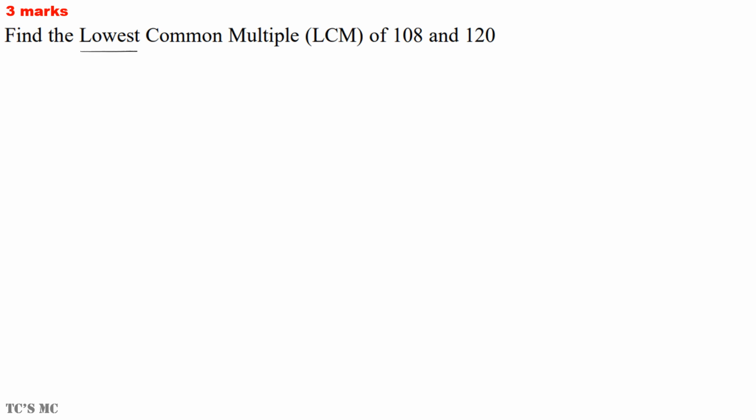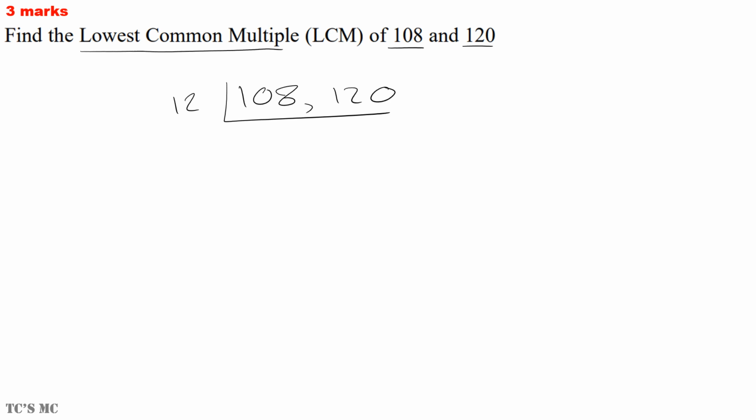Find the lowest common multiple of 108 and 120. For LCM, I use an upside down bus stop method. So you write the numbers and then you have an upside down bus stop. Now I need to think of a common factor of 108 and 120. I know 12 goes into both of them. So write 12 on the side and then divide both of them